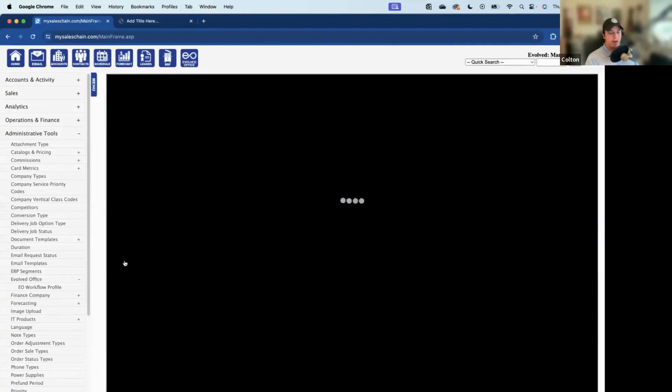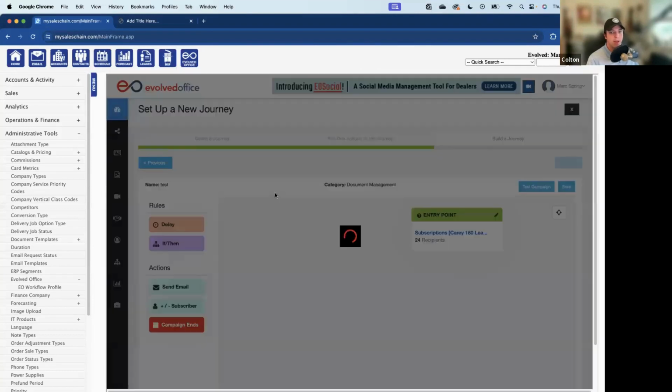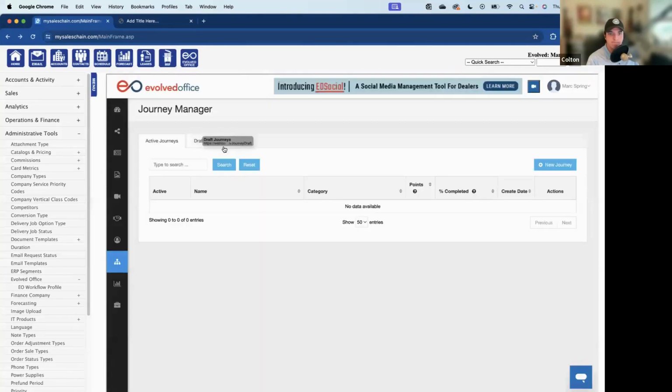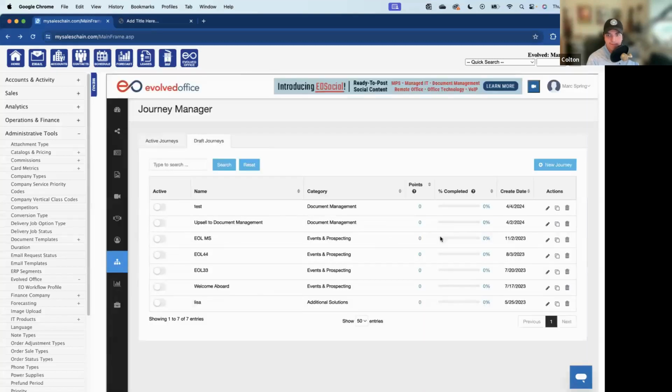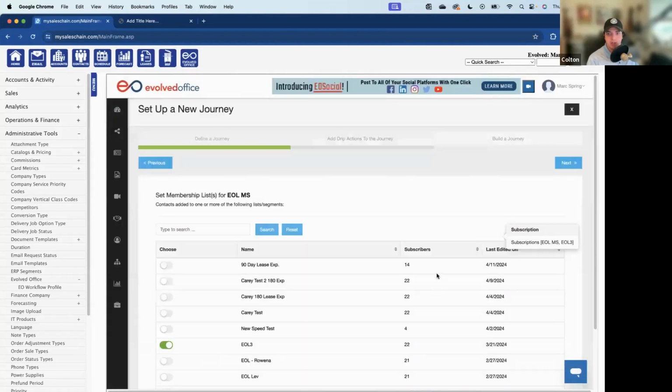I know, and I'm sure a lot of you do too, that creating a drip campaign and having that automated and having all the follow-ups and all the nuances of an email drip can be tough to manage and tough to put together, but not with Evolved Office. What we can do is jump right in and create pretty visually intuitive